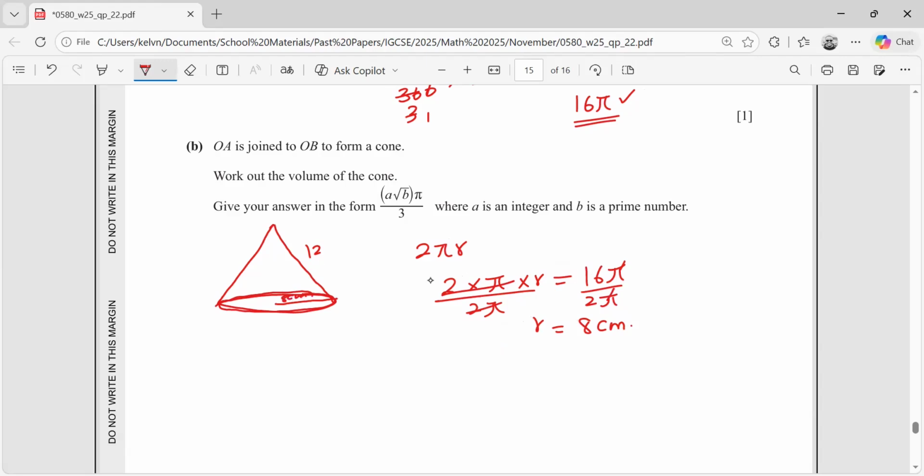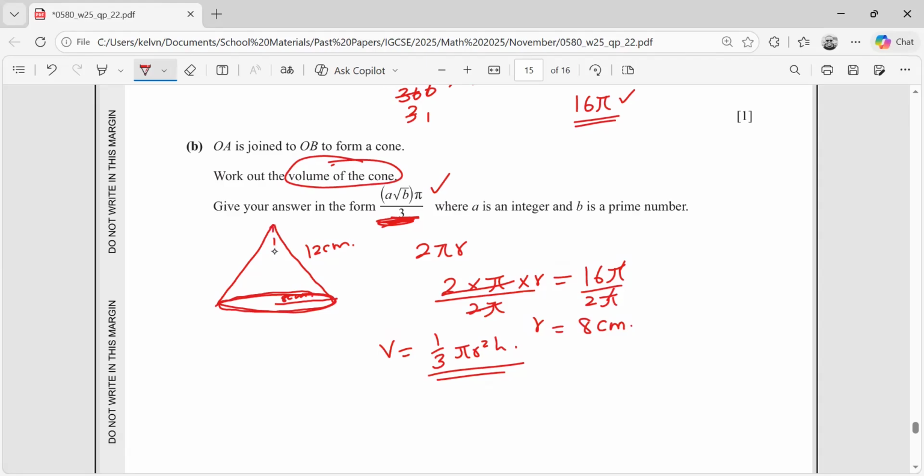Up to that point, we have information that can be useful in calculating, especially because they're telling us to calculate the volume of the cone. You're told to give the answer in this form, but don't worry about this format for now. We just worry about calculating the volume of that cone. And the volume of a cone is given by a third pi r squared h. Again, we have the radius, we just don't have the height. And remember, this is the vertical height, not the slant height. The slant height is 12 centimeters. We don't use that one for volume. We need